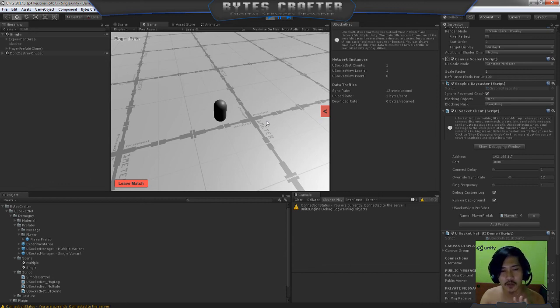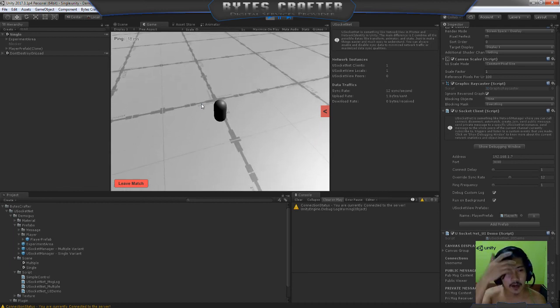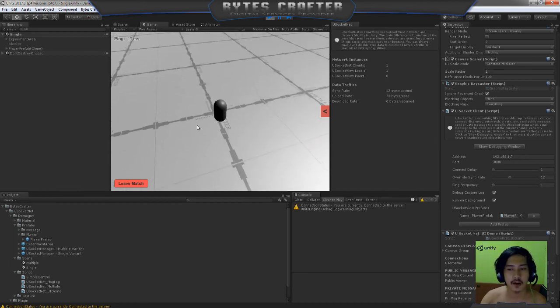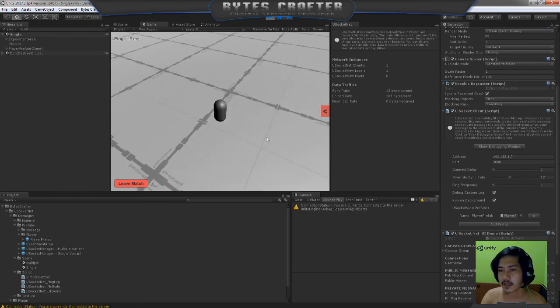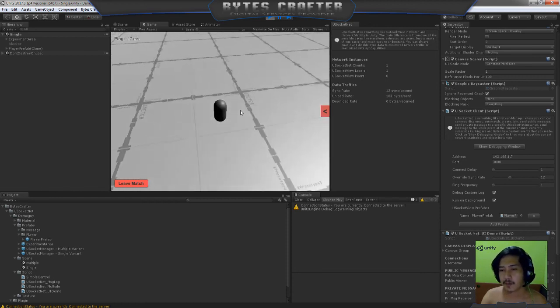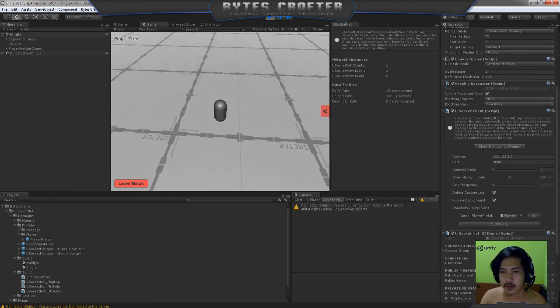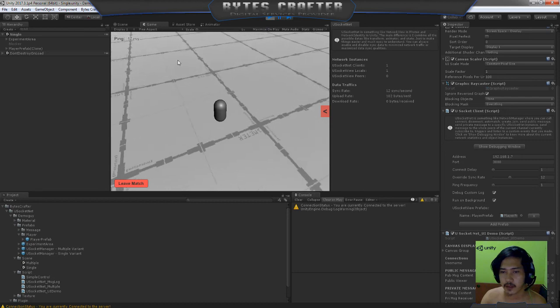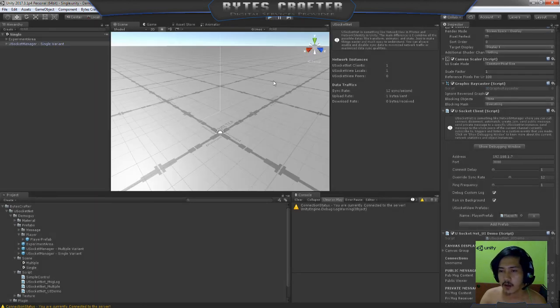The USocket client core is very intelligent. If there is no need to sync on the server, it will not be syncing or downloading anything. As well as the server side, I programmed it to be as intelligent as it can be. So for the current ping, we will try to build this one.